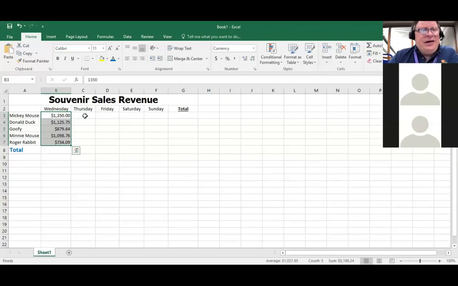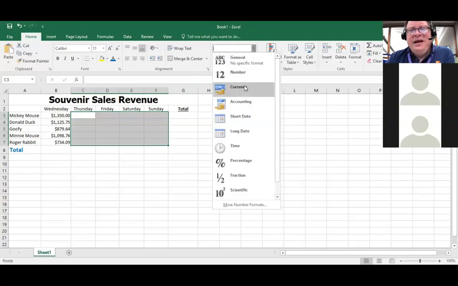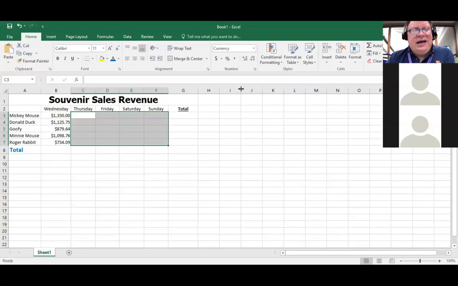To do that, I'm going to click on C3 below Thursday on Mickey's row. And then I'm going to highlight all the way down to Roger's row, and then all the way over to Sunday's column. And then once again, I'm going to click on the drop down and then click on currency. It appears that nothing happened there, but believe me, Microsoft now has the instructions to type in our numbers